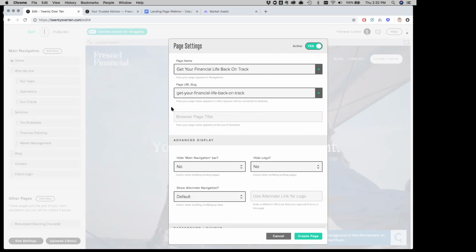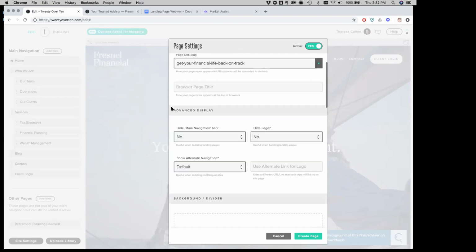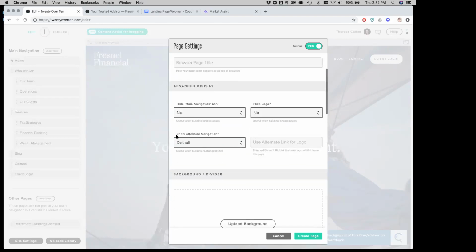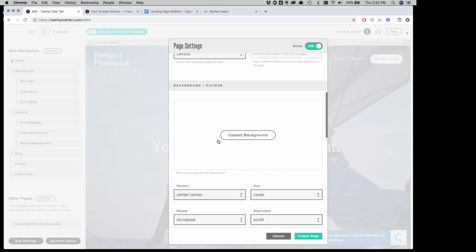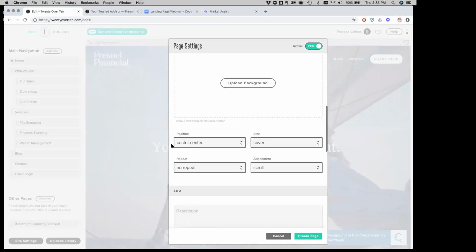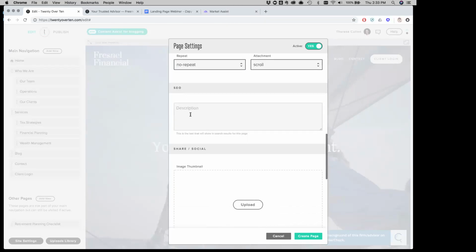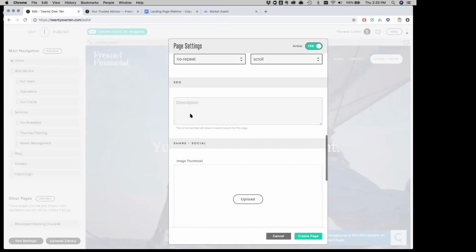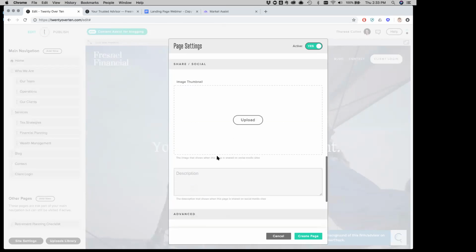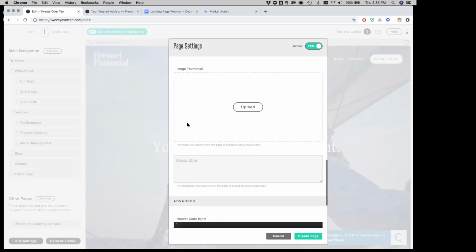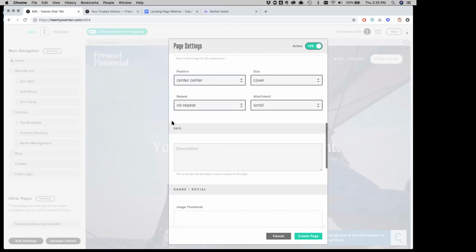Now, as with your page settings, this is similar with all pages and subpages within 20/10. We do have some advanced display options, and we'll get to this in just a moment: the ability to add background or hero images. Again, images are really highly engaging, and so having more than just readable content is always a really good idea. And of course, you can control all of the SEO, the meta descriptions, the metadata for this page, and how it looks when it's shared socially. So if someone were to go to this page and share that URL across Facebook, LinkedIn, etc., you could very easily dictate exactly what those social channels display.